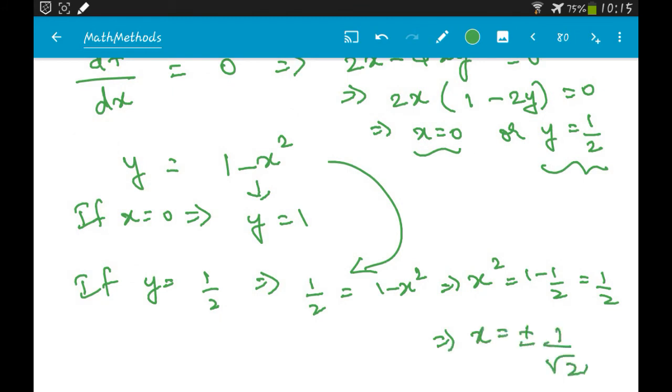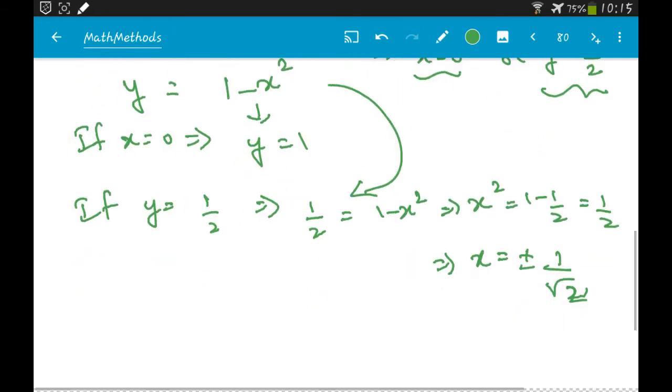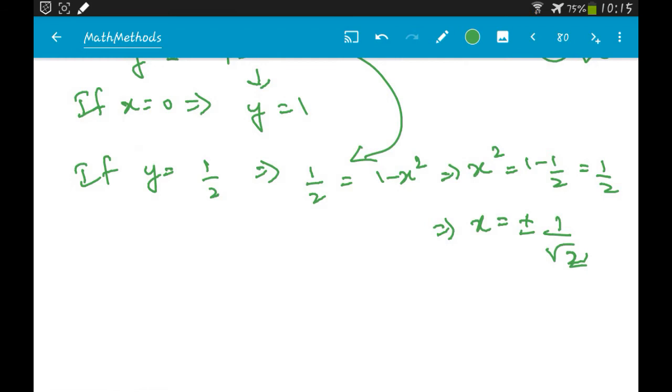So you essentially get the same equation, same numbers, right? So obviously, because the problem is the same, you have to get the same answer no matter which method you use. Alright, so these are your values. Okay, so now after you find this, you can find d square f by dx square. So these are the next steps, right?